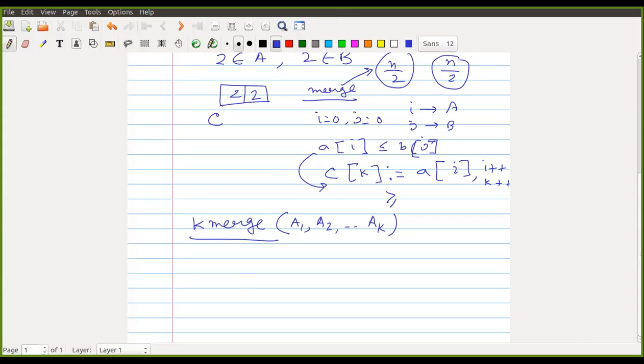We can use a heap, and we can always maintain the min, searching for the smallest element, and then input it into a new array. Yeah, so you have solved it. So what is your doubt? I'm sorry. My main doubt is that there was written that design a k merge sort.